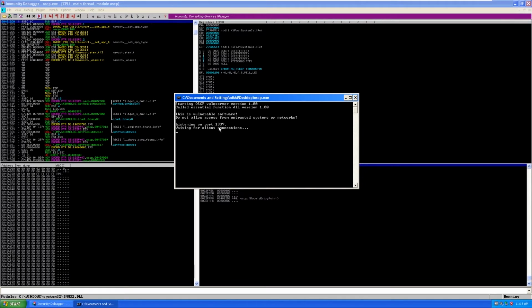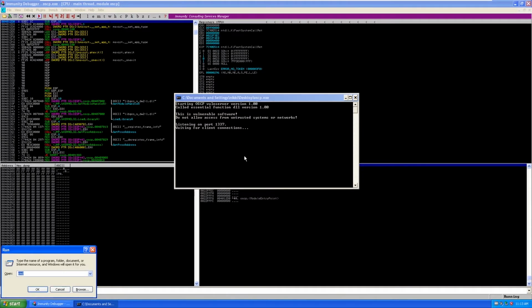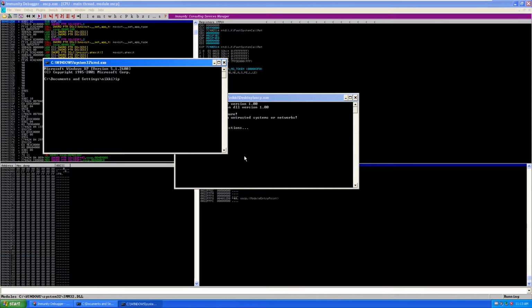To contact it you also need an IP address, right? Now I'm going to find the IP address of this machine. Type ifconfig, which is for Linux. If you type ifconfig you can see the network adapter details. Now the IP address is 192.168.189.128.